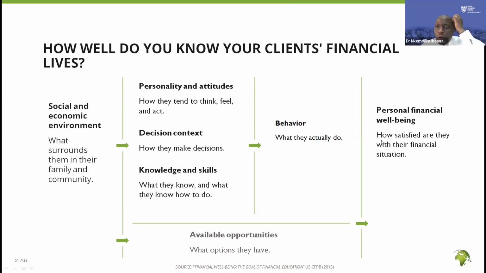Great. Now, you also need to understand how satisfied they are with their financial situation. So what are their financial aspirations? Where do they want to be in the next 5, 6, 7, 8, 9, 10 years? Do they want to buy a house in 10 years, or do they want to buy land they can actually cultivate and get into agriculture? Do they prefer to have pickup trucks for evacuating farm produce? Is this a barter economy? Is this an economy where people enjoy certain types of lifestyle? So you need to understand how satisfied they are with their financial situation, what their financial aspirations are,